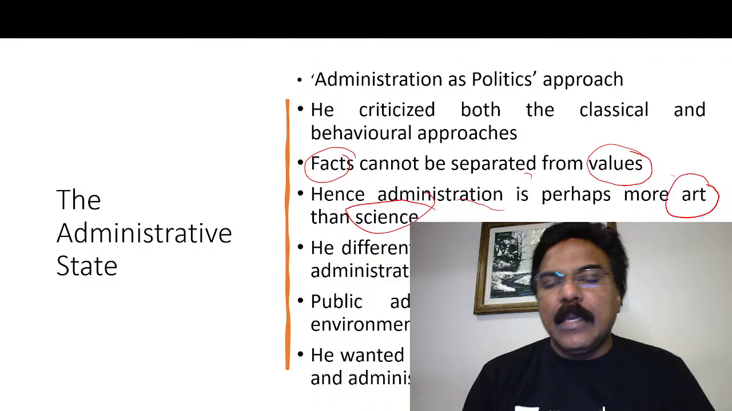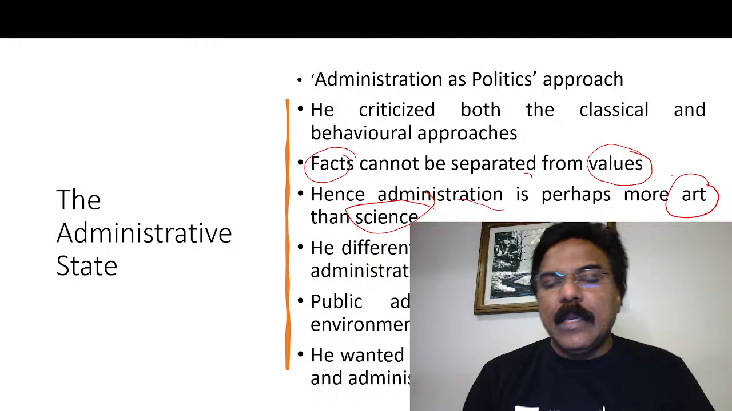Democracy is for all. It will look at values. It will look at poor people. There will be a bias towards values, etc. Where is bureaucracy? No values. There will be a bias against, a hidden agenda